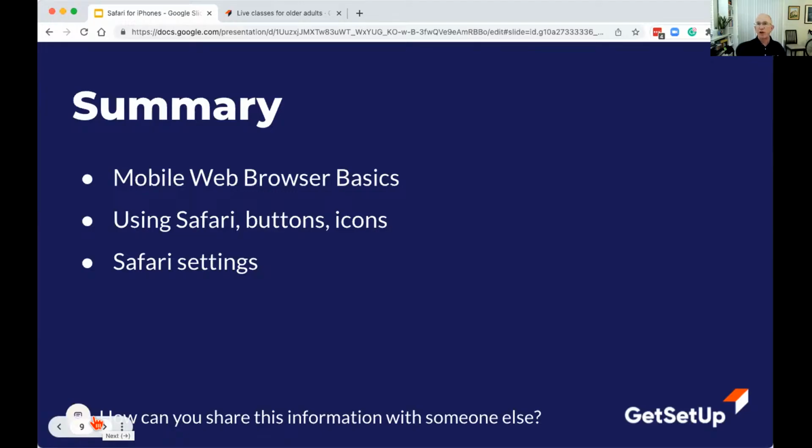But okay, so we've looked at web browsers, mobile web browsers, using some of the Safari buttons and icons, some of the settings. Even if you just try out one thing that you haven't done before in Safari, and get more familiar with it, that will help you. If you're not used to using that tab button, start using it and seeing what tabs you